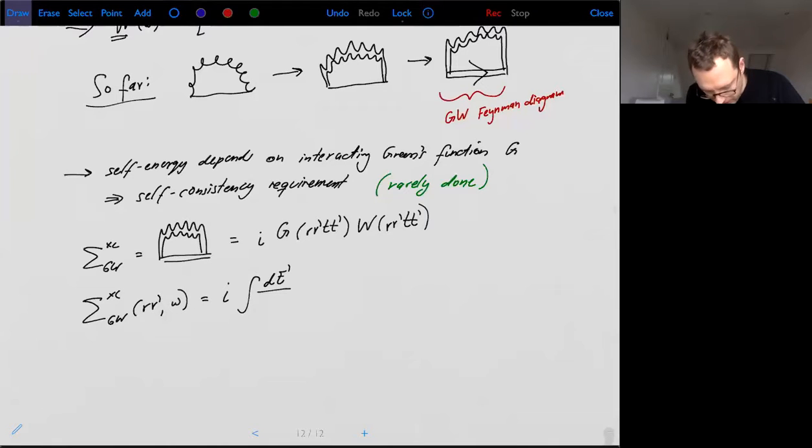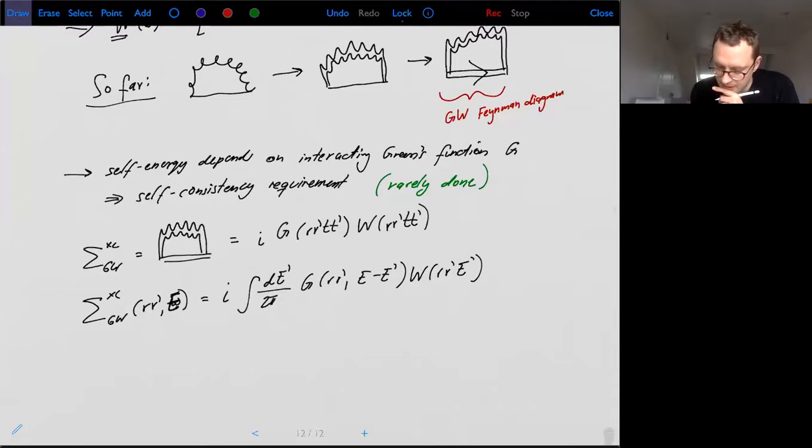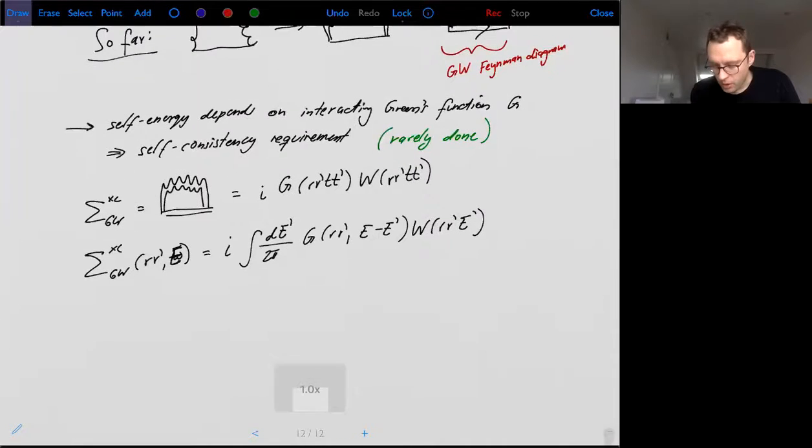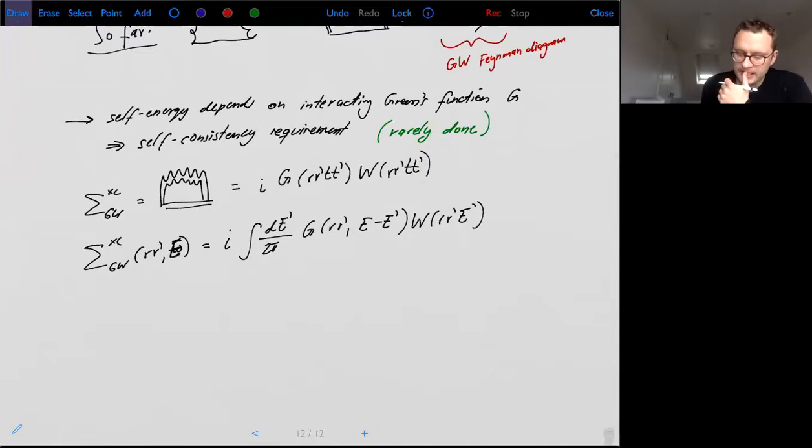Let's see. So I want to use an E here. Sorry, this should be an E. Integral dE' over 2 pi, G(r,r',E minus E') W(r,r',E'). Right. So you see it's a convolution in frequency or energy space. Okay, so this is what we need to evaluate,